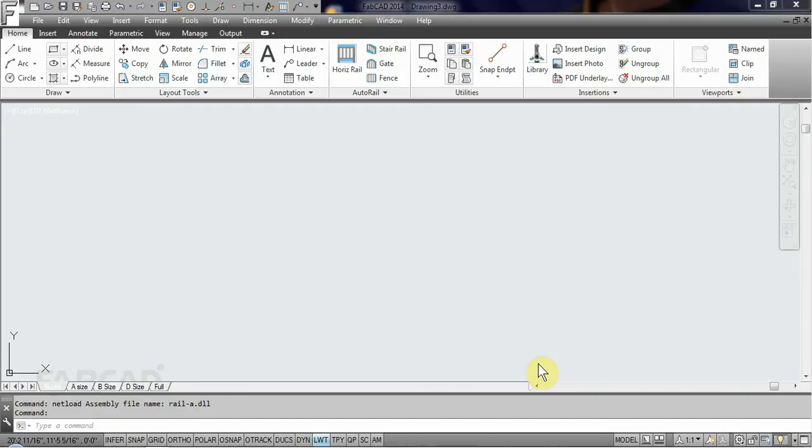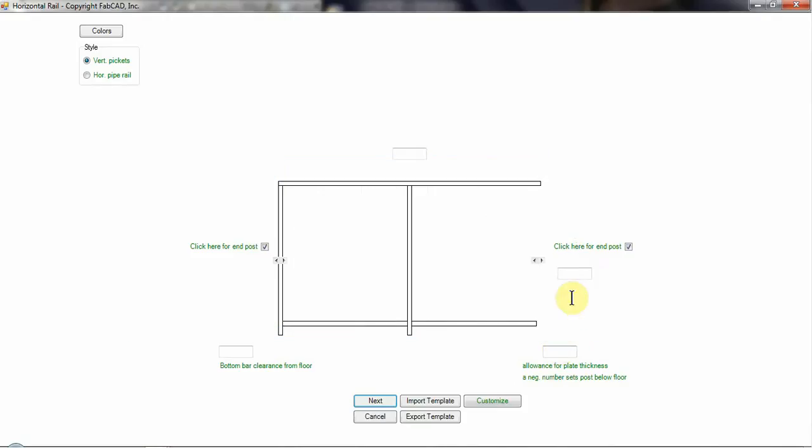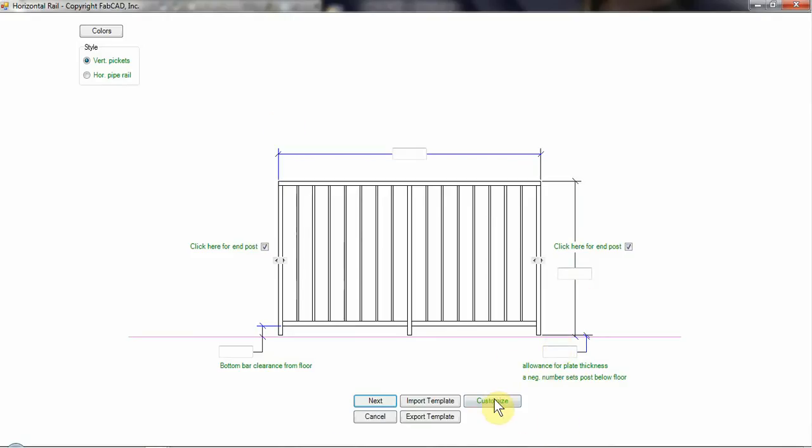Which will be FabCAD 2015, and for those of you who have FabCAD 2014, this will be an upgrade option for you. And so, really excited about all the new features we have. So let's just start with drawing a horizontal rail and show you exactly what is new in the product. So, first of all, you have direct access to the Customize box from the dialog box when you first